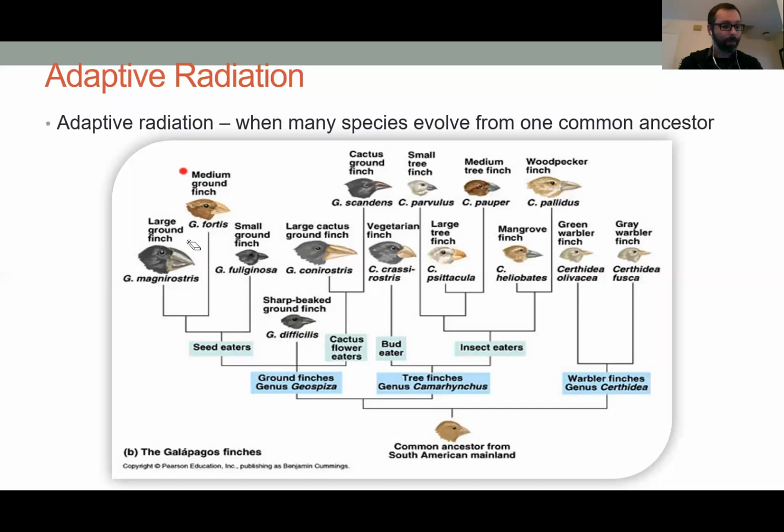Now, adaptive radiation doesn't happen that much because usually if you're a bird that gets blown into some new island or some other area, there's already going to be competition there. And then you probably just won't even make it. Of course, this gets into things like invasive species that we've talked about, we haven't talked about before, but you learned in freshman year, and we will eventually talk about again. And so sometimes a species will show up and just take over, but that's not exactly what we're talking about. Adaptive radiation happens usually when you find a lot of open niches,